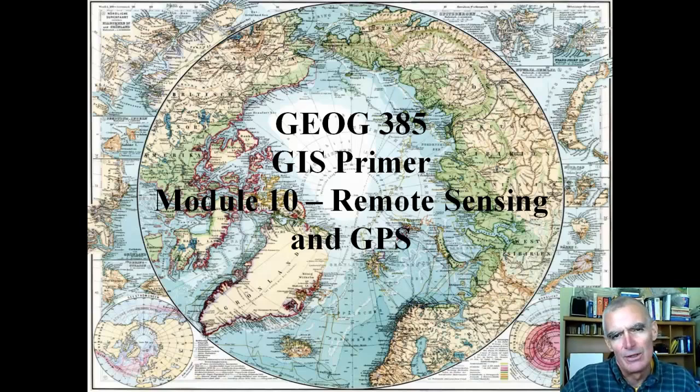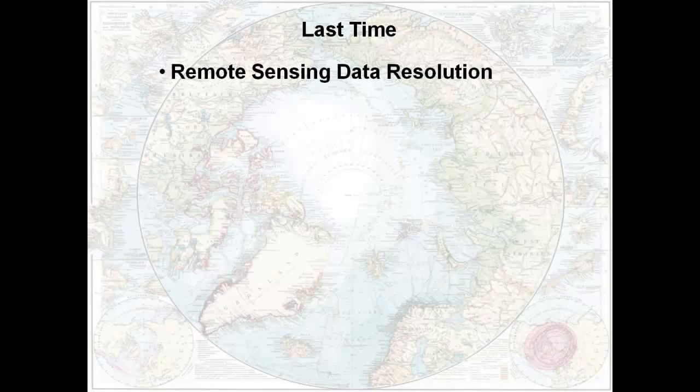You have temporal resolution, and that is how frequently you're able to capture the information. And you have radiometric resolution, and that's how fine a scale you put to the energy that comes into your sensor. Do you go from 1 to 100 in units of 1, or 1 to 100 in units of 10? Okay, this time I need to talk a little bit about